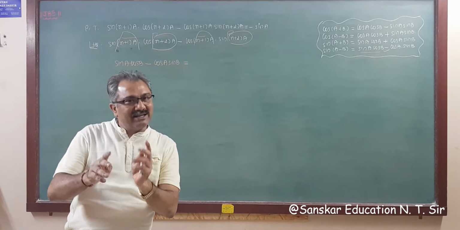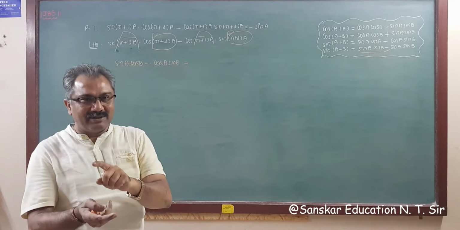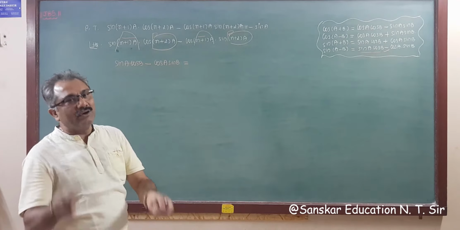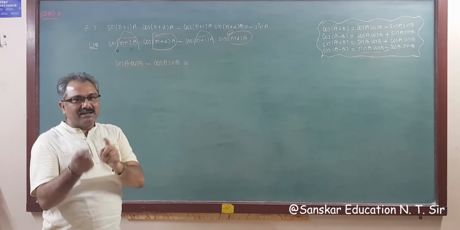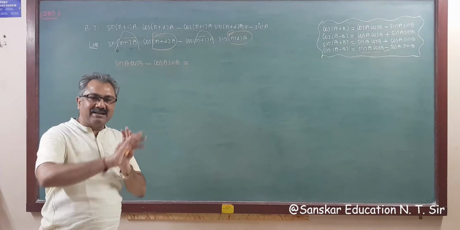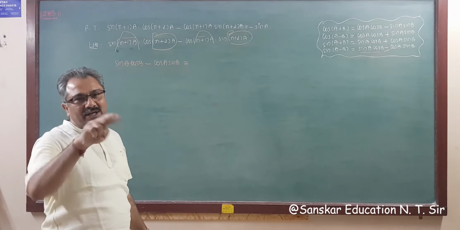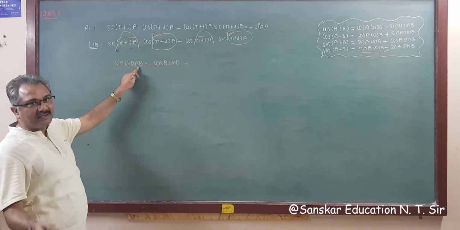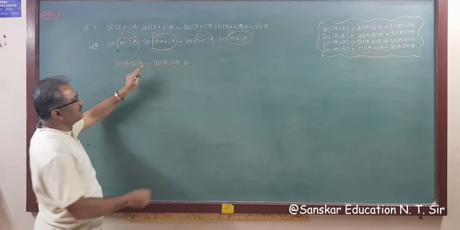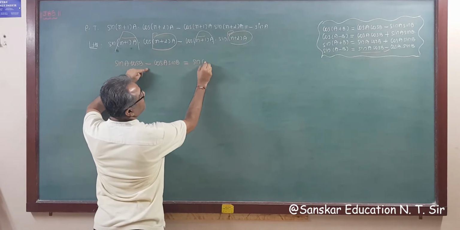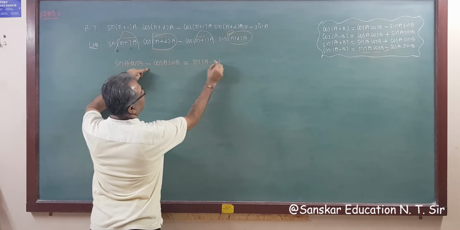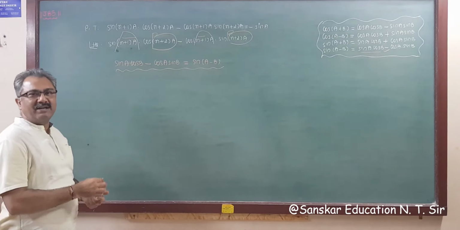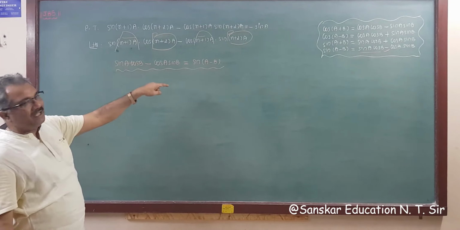In the sin formula there is alternate sin cos, right? And in the cos formula both are the same, cos cos, sin sin. In cos the sign is altered: if plus then minus, and if minus then plus, while in sin both are the same: plus then plus, minus then minus. So here sin cos alternate and the minus sign is there. So this is the formula for, as we discussed, sin a minus b.